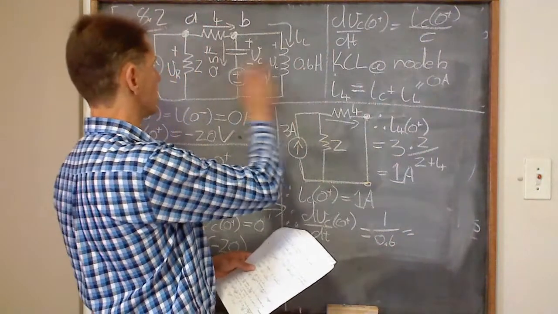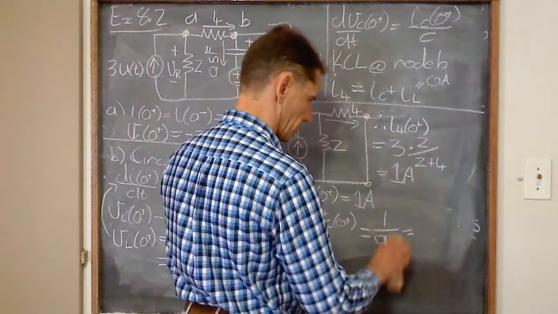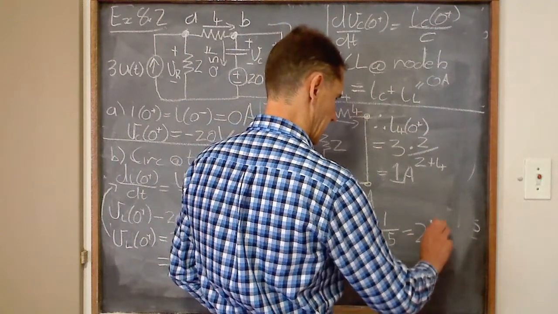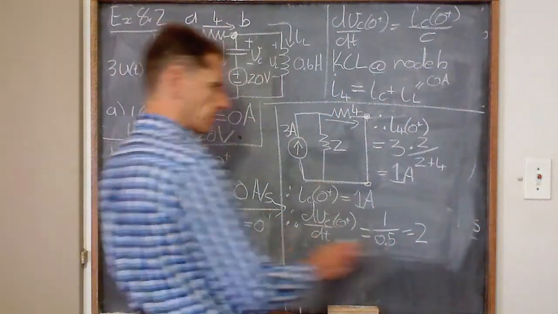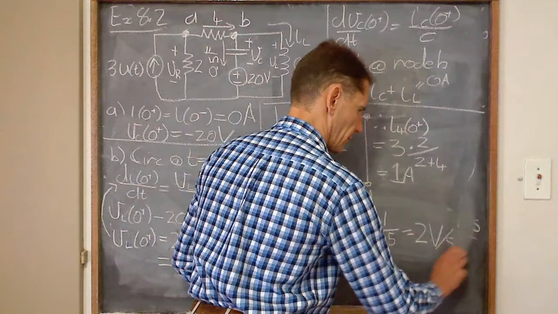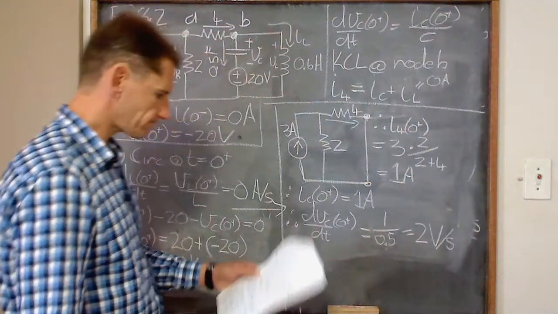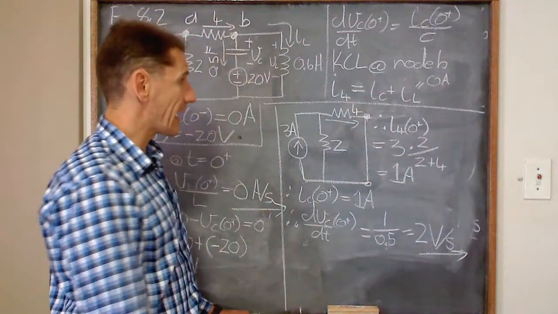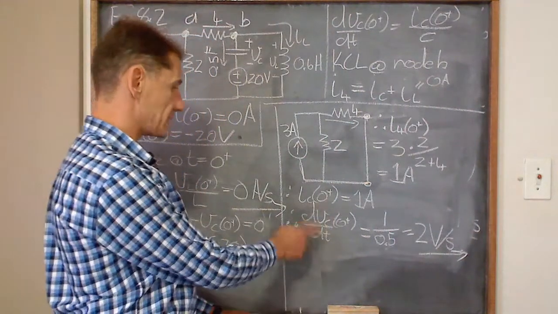Oh, wrong one. 0.5. I'm looking at the wrong one, sorry. 0.5, thank goodness, because then we get a nice 2, what is it? Volts per second. Volts per second. That looks better. Okay. So this was quite a heck of a lot of work just to get this dVc